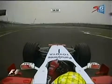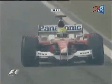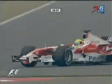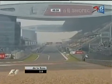Watching some of the highlights from Practice 1, going into one of the turns there, Ralf Schumacher. Gary, a track notoriously difficult, a lot of very, very long straights and then very, very hard on the brakes. Yeah, it is definitely, and obviously, what's making life a little bit more difficult for the drivers. If you just see Ralf Schumacher losing it there under braking, because the track is not used that often, as you said, and still needs time to get some rubber laid down onto it and actually develop grip